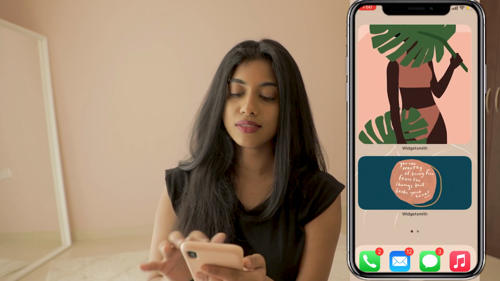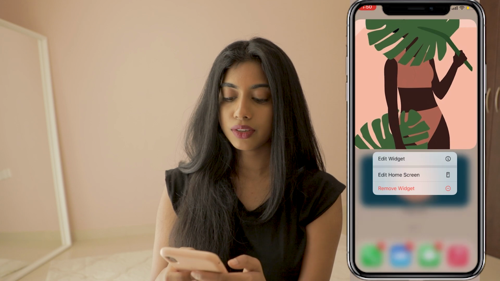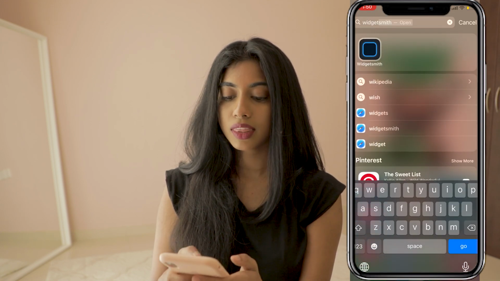So I'm going here. This is just something I was trying out. So I'm going to create some more widgets. So I'm going to Widgetsmith and